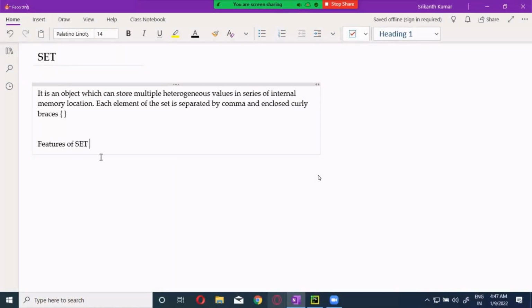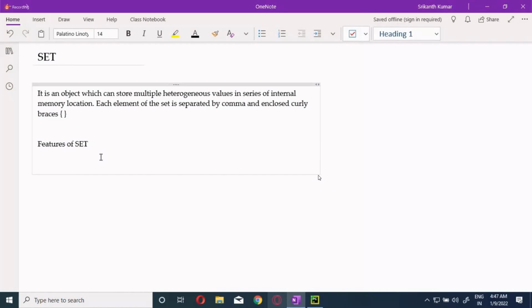I said the best way is to be perfect in only one feature, and from there you remove the rest. Like, you are perfect with the list: it allows heterogeneous values. Second, it is mutable. Third, it allows duplicates. If you want to define a tuple, it is immutable. A list with immutable nature is called a tuple.